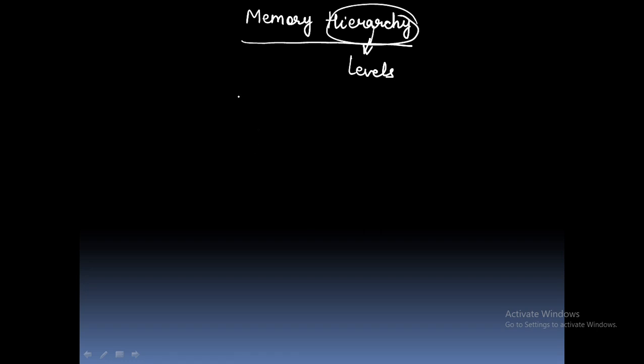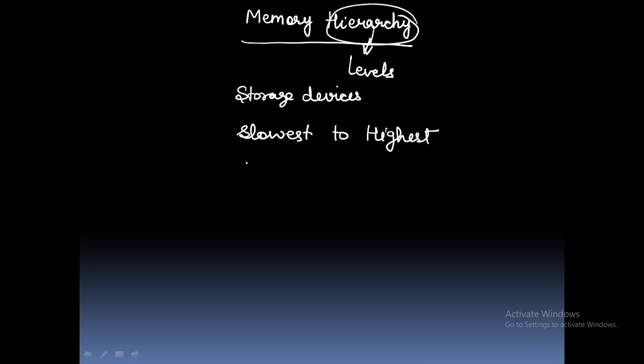Memory hierarchy is the hierarchy of memory and storage devices which are found in the computer system, and it ranges from slowest with highest capacity, secondary memory,